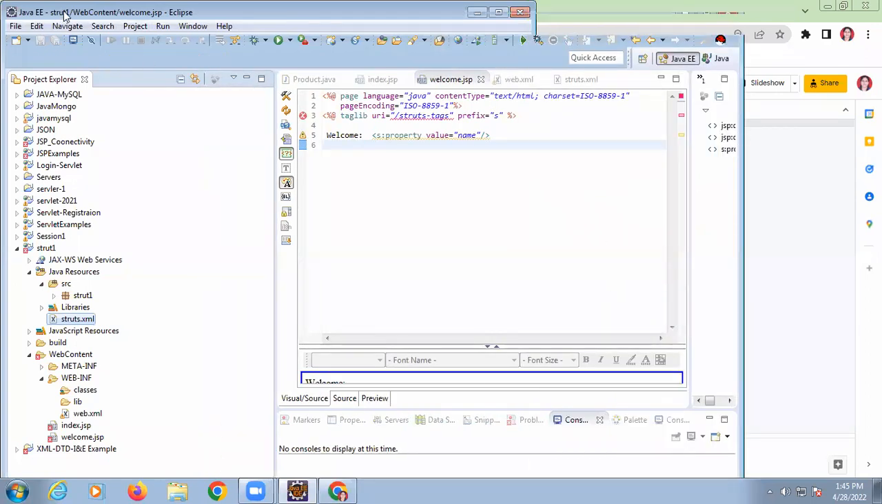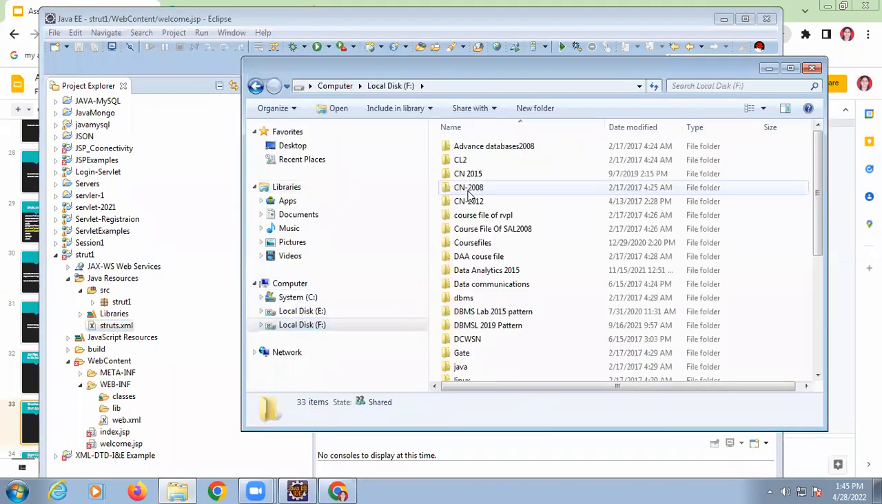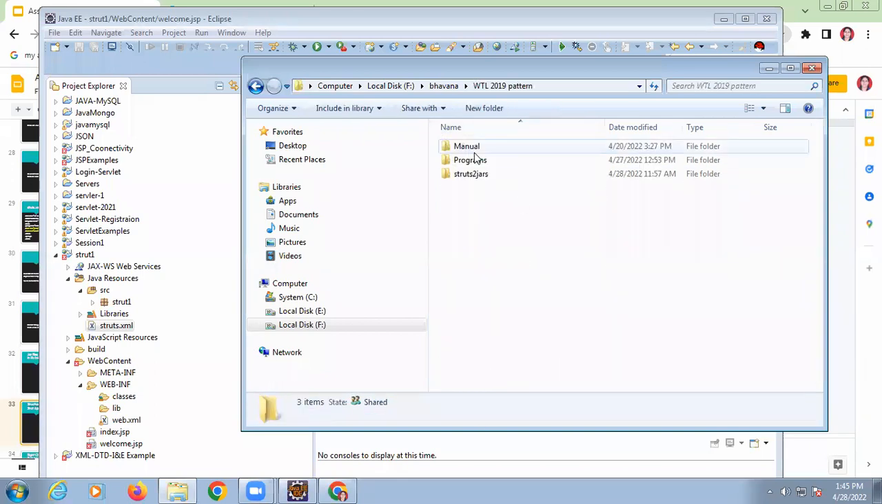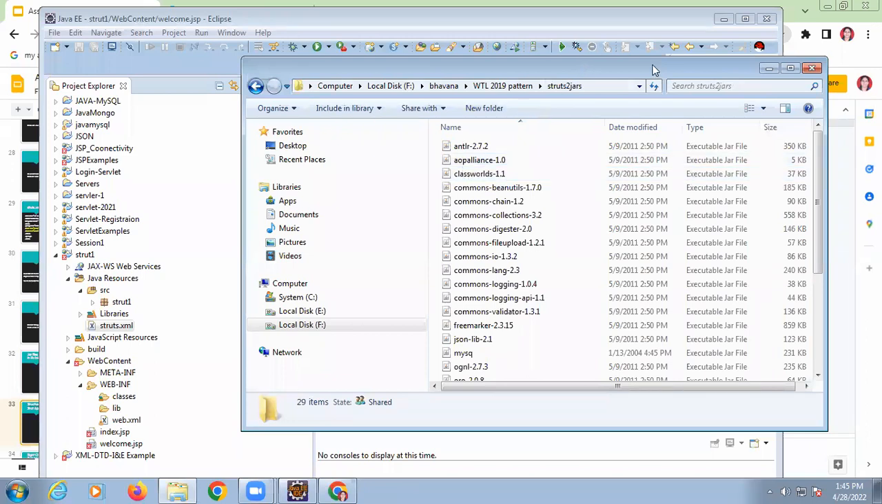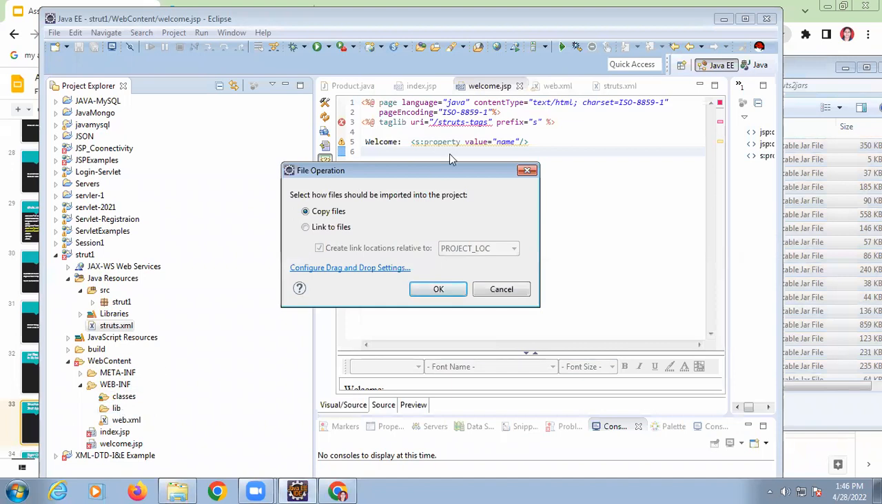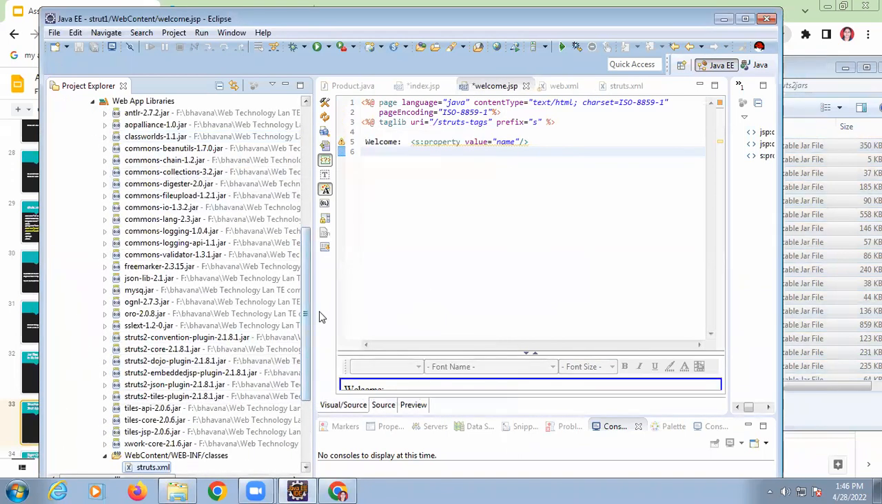So this is my Eclipse which is running. I am opening the folder where I have extracted all the jar files. Okay, I'm just opening that folder. Now press Control A and select all the jar files. Okay. Now click on any of the jar files and drag the mouse over the lib folder in your project and just leave it. It is going to give you these two option buttons. Select copy to and click on OK. So you will see all this